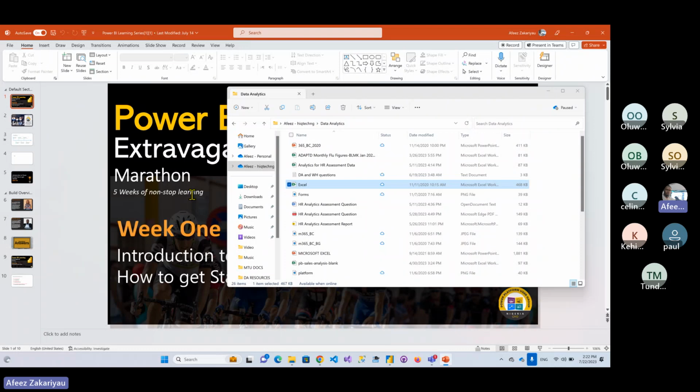I always say that if you know how to use PowerPoint, it is a plus for you as a data analyst in order to present your data. You can use PowerPoint to build your visual background or how you want your layout to look. You can use it to sketch out what you want your dashboard to look like, or you can also use any other design